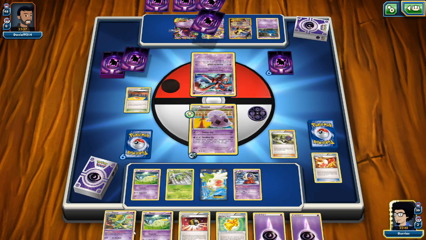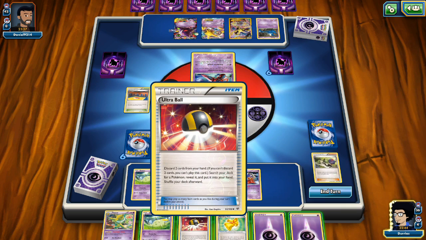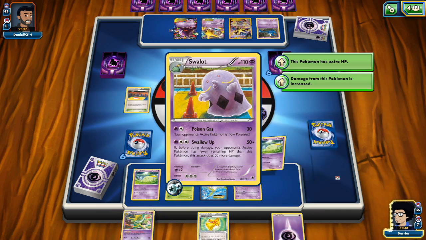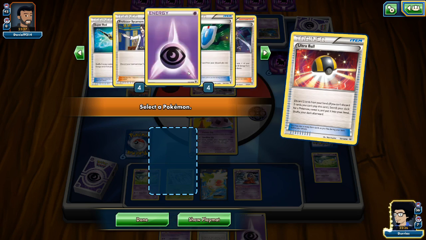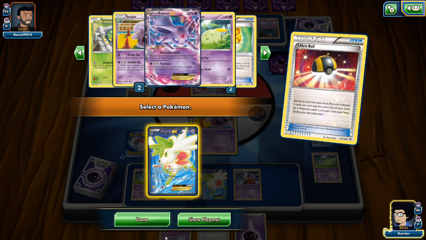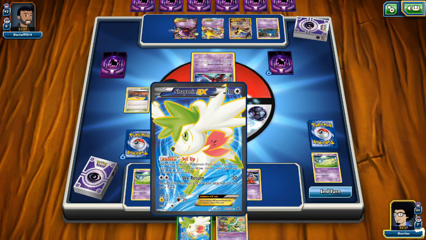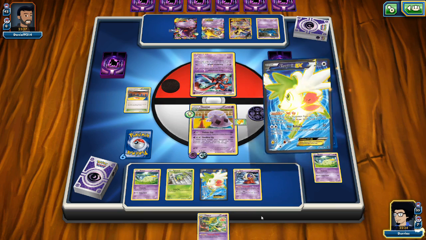There is an Energy and the Hypno, which we don't get the Drowzee. I think I will get out the Drowzee with this Ultra Ball. Discards an Energy and the Gulpin. Do we have the Drowzee? We don't have the Drowzee in our deck. How unfortunate. So we will have to go with the Shaymin here and draw into some more cards with our Shaymin. We'll also attach the Sparkling Robe and then try to